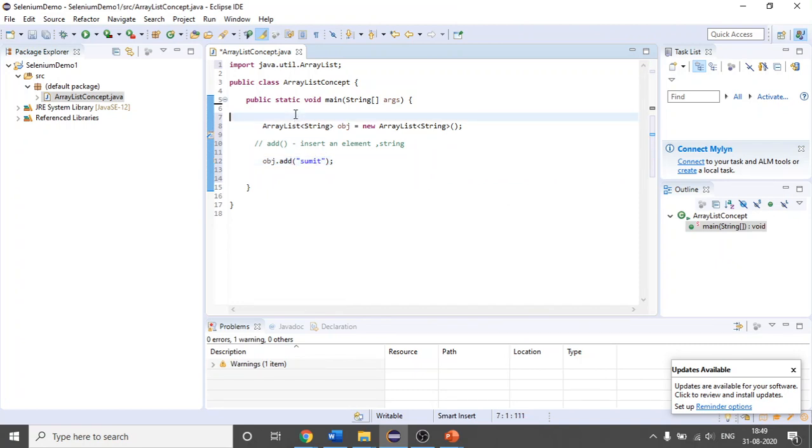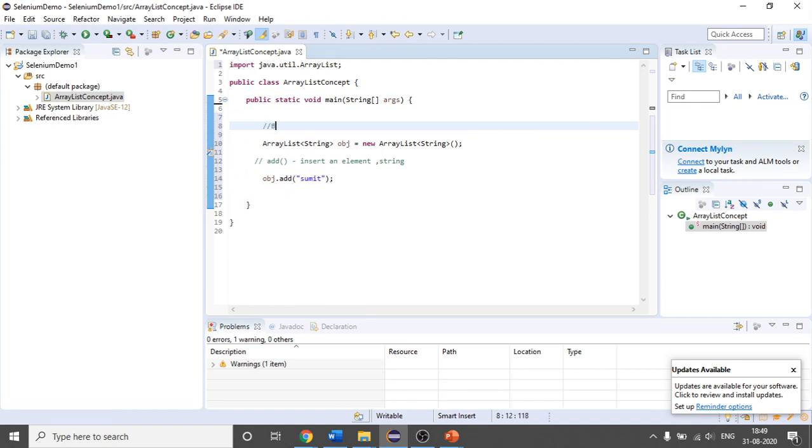Moreover, one more point I would like to tell: by default the size is 10, meaning the number of elements you can store in this array list by using the add method is 10 by default. Let me add 5 elements as of now.